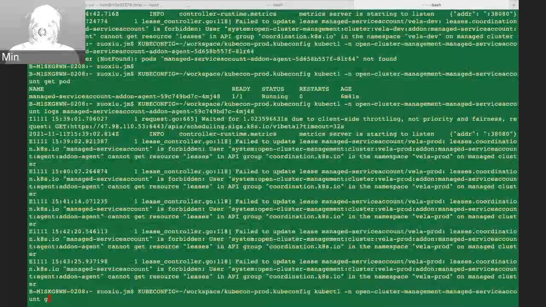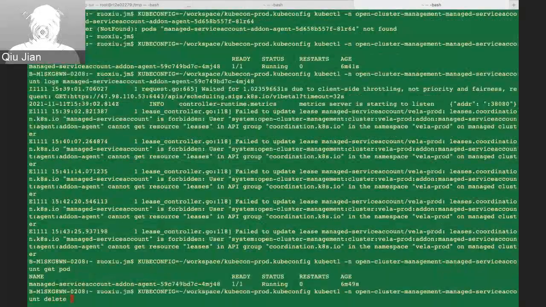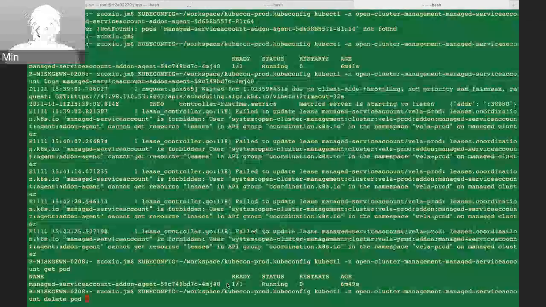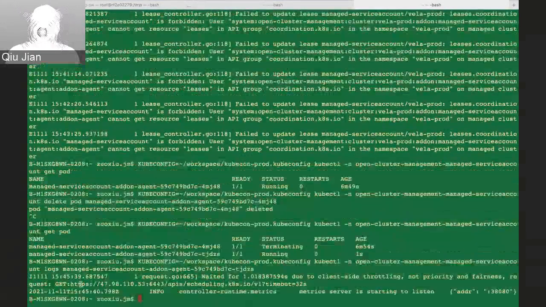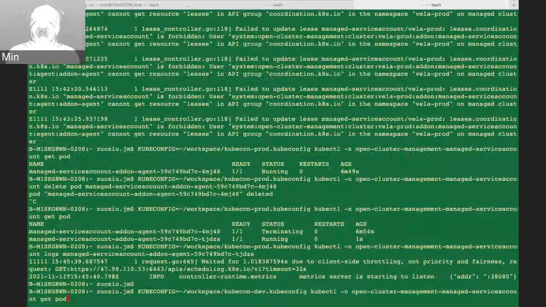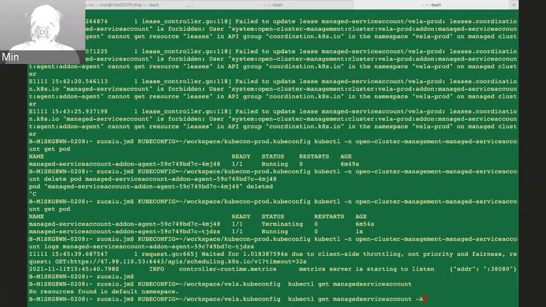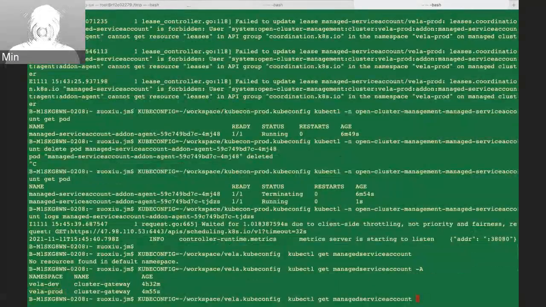For a second, let me wipe out this pod. Now it's working. Oh my god. Okay, and let's get back to managed service account. And after the agents in the Vela prod clusters get back to running, then